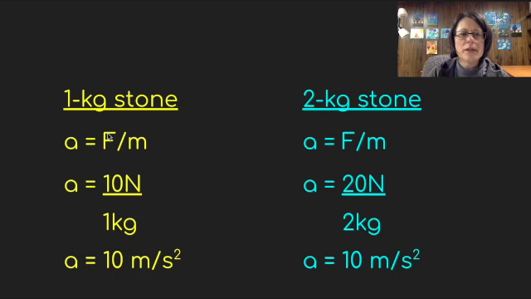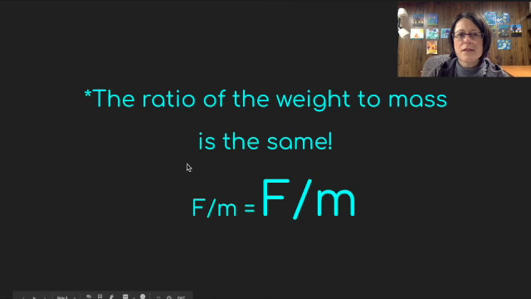For our 1 kilogram stone, the weight or the force on it is 10 newtons. Its mass is 1 kilogram. When we divide 10 by 1, we get 10 meters per second squared. For the 2 kilogram stone, we put 20 newtons in for the force, 2 kilograms for the mass, and we get 10 meters per second squared. The same answer. The reason for this is that the ratio of the weight to the mass is the